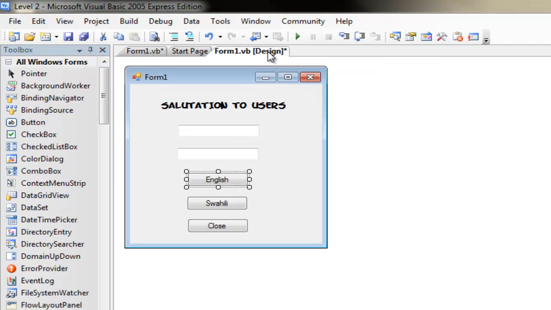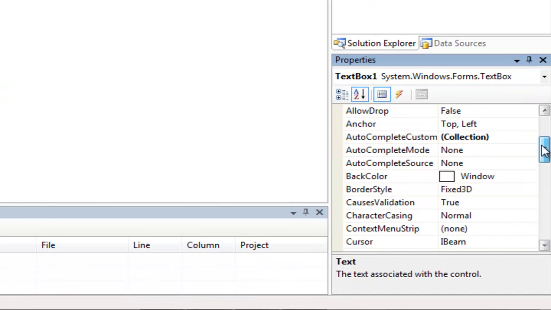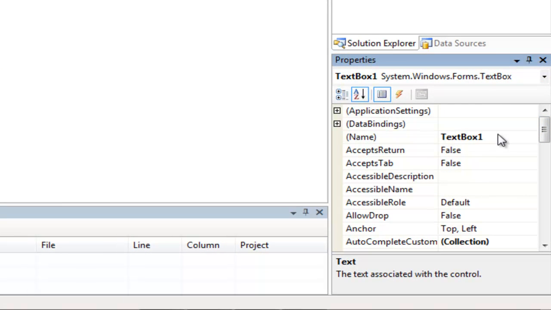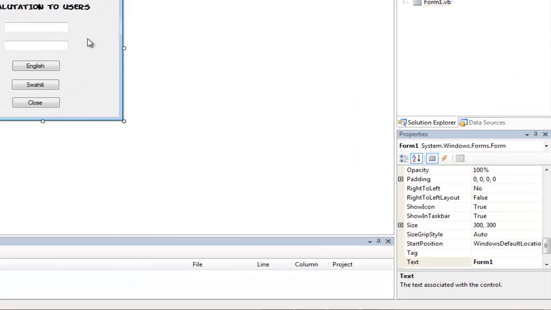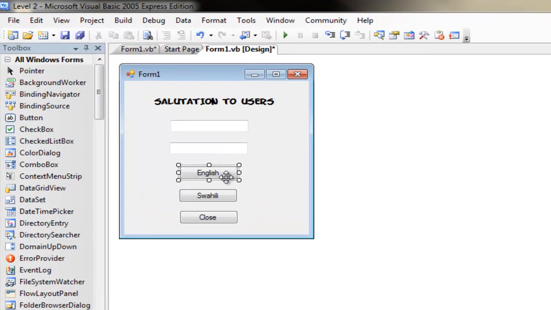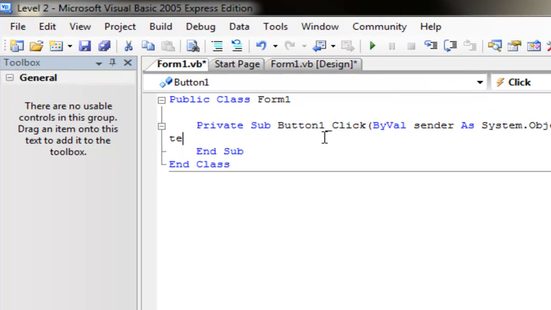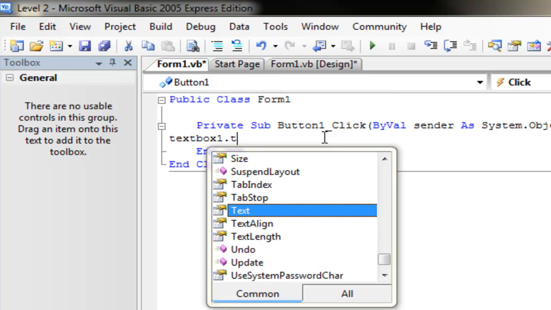Since if someone clicks English, the message should display in text box 1. See here, the name is TextBox1. You can come up over here and see the name TextBox1, and you can rename it to any name, but I would prefer to leave it as it is, TextBox1. So double click the English button and put TextBox1.Text